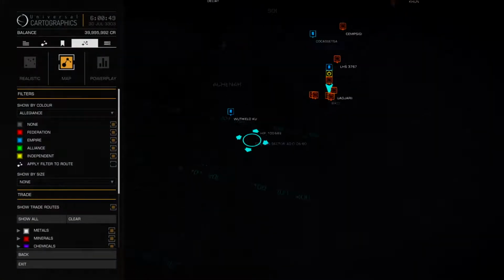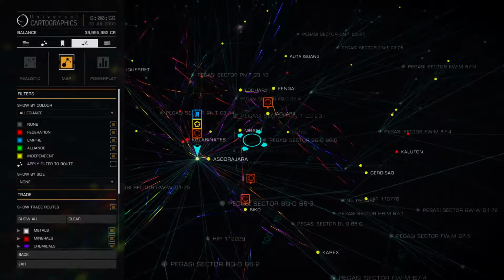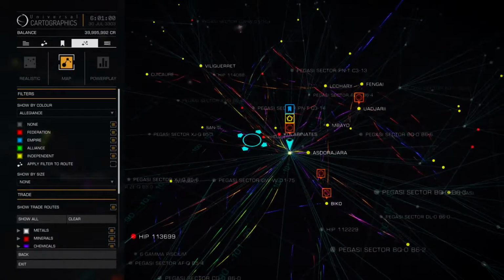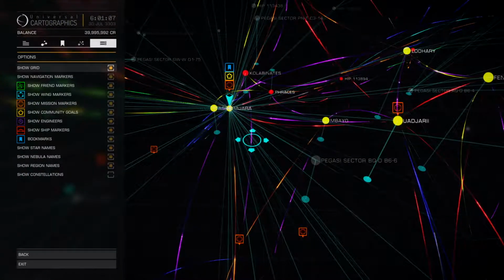Start to zoom in a little bit more. It starts to add all these different coloured routes, which mean different things: trading routes, mineral heavy systems, systems that are Federation based, Alliance based. We can do Powerplay as well. If we go to Powerplay, guys, so